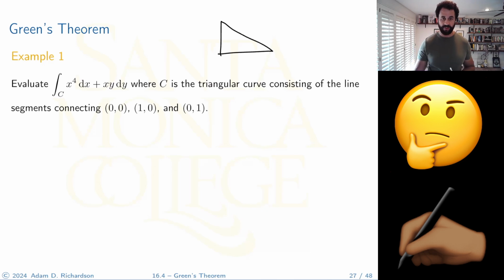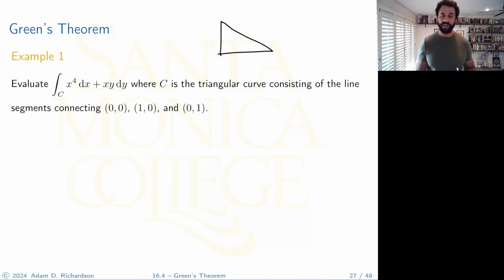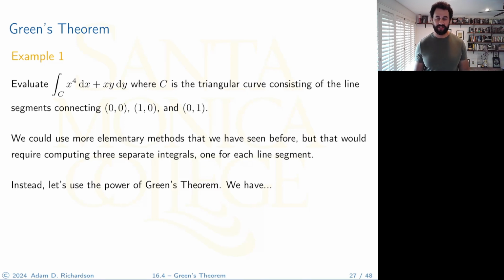Okay, here we go. So here's the thing. We could actually use elementary methods that we've learned in the past to compute this line integral. You just decompose it into 3 integrals over each line segment, right? And we've done that a bunch of times. However, now we can use Green's theorem, because Green's theorem says, hey,